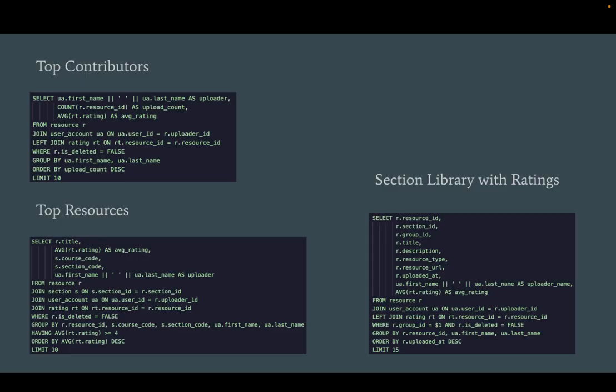Like count and average aggregation with different grouping and then sorting to create almost a gamification feature. Second is top resources, which finds resources with an average rating of 4 or higher. This one joins 3 tables, so resource, section, and user account, along with ratings. The key part is the having clause that filters on the aggregated average, which you can't do with a regular